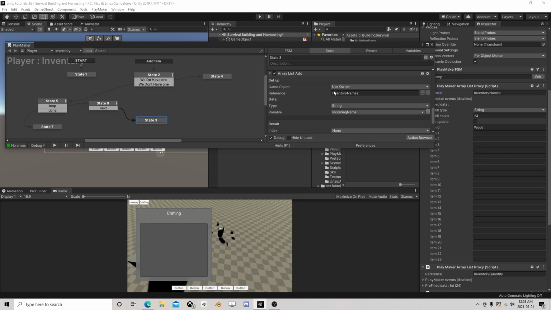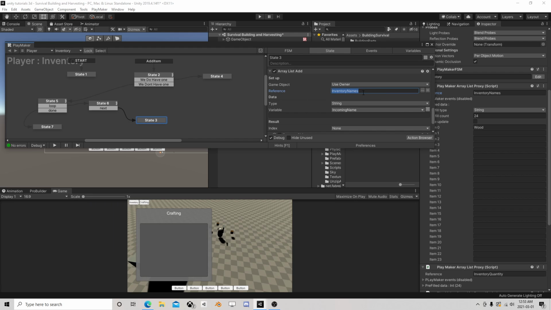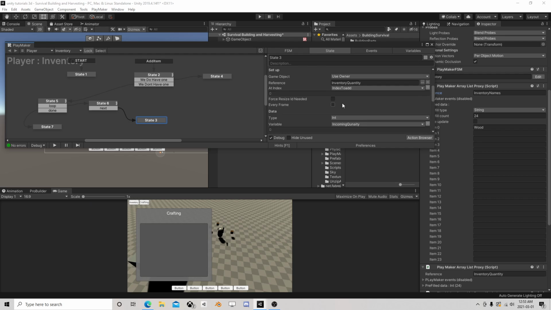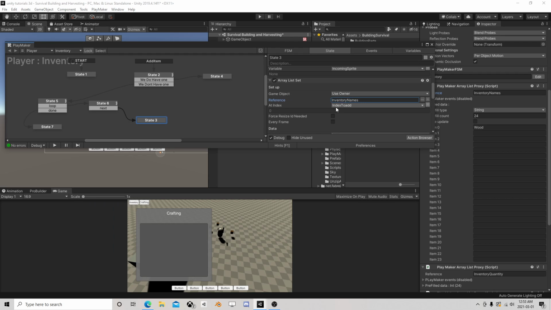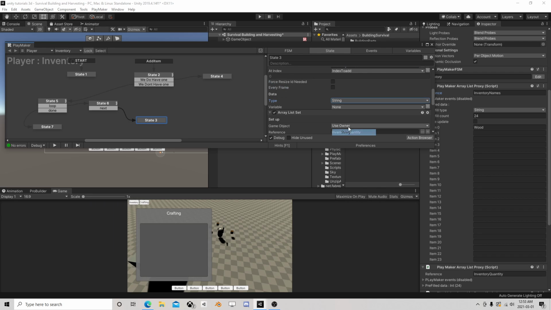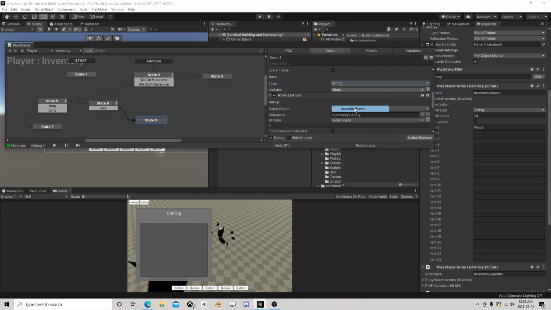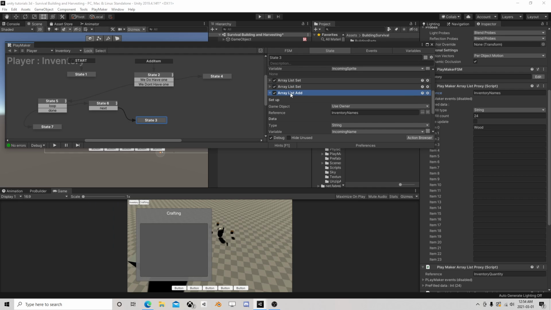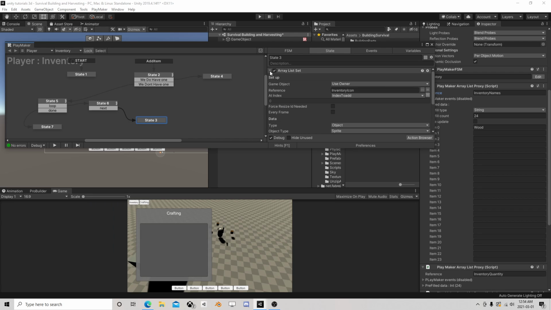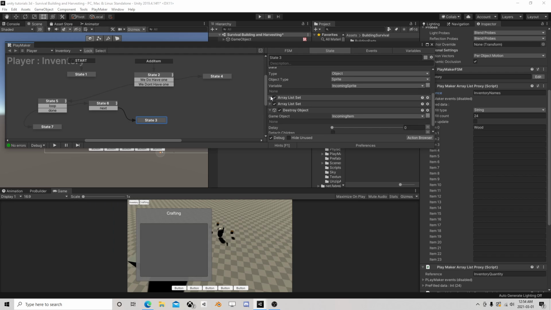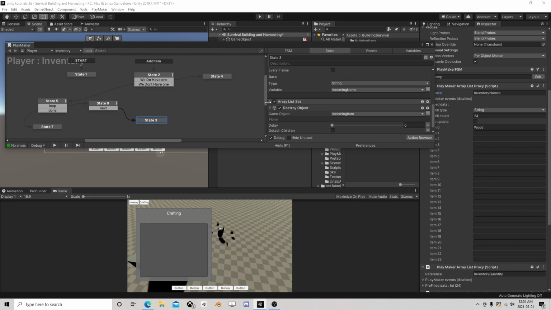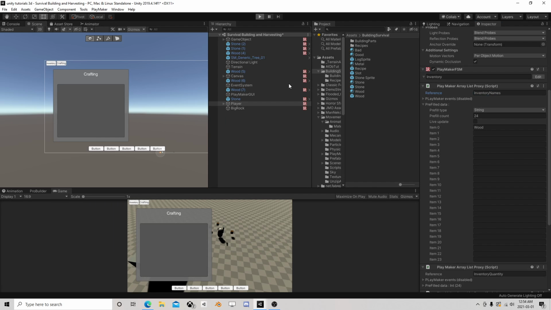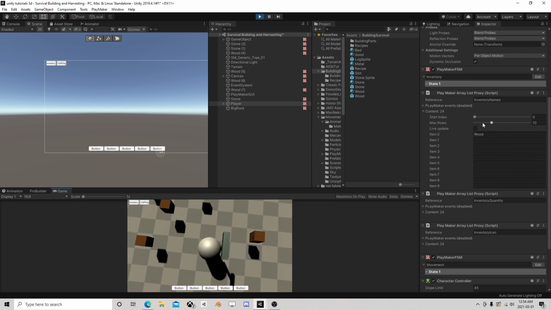So now we can get rid of him. And then the array list names. So we have quantity and quantity. We don't need 2 quantities. So this one's string, incoming name, array list add. So in the end, you should have 3. Array list set the icon, array list set the names, array list set the quantity. Right, so that'll make it so now when you pick things up,